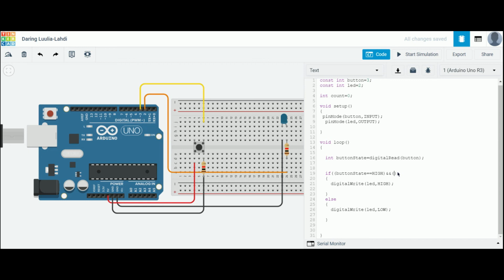In the first statement, if button state is high and value of count is 0, the LED will be turned on. And after that, we will assign 1 to the count. And in second statement, if the button is high and the value of count is 1, the LED will be turned off. And after that, we will change the value of count to 0.